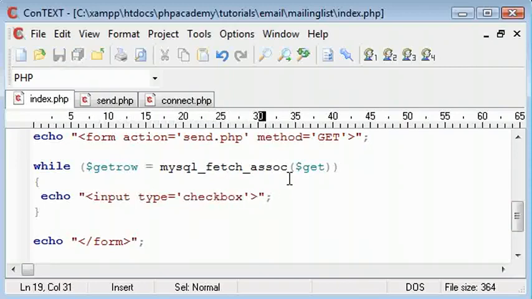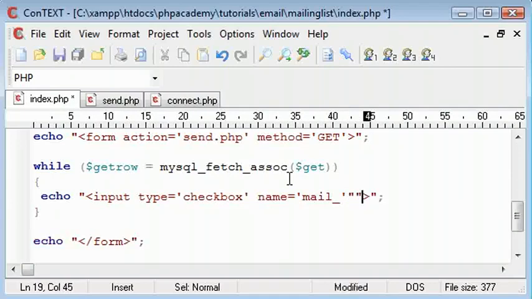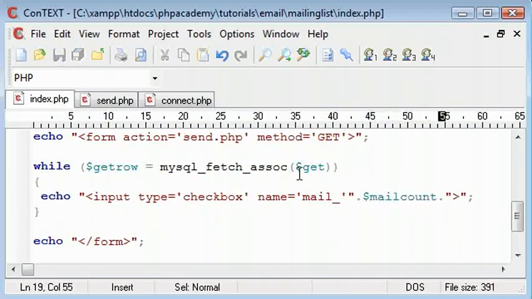and the name of this checkbox is going to be mail underscore, and this is going to confuse you. We're going to concatenate in the mail count, and basically this is saying mail 0 and then mail 1 for each record,